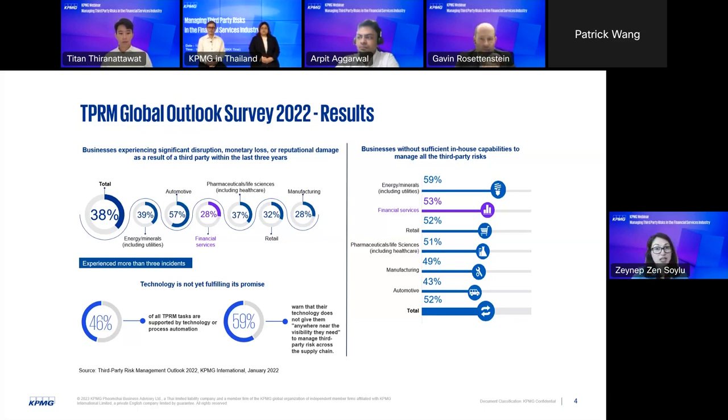While we're seeing the challenges and the increasing number of the requirements that is coming from multiple angles, many organizations are still lacking the in-house capabilities and supporting technology as well. To manage the TPRM effectively, there is a need for having people to understand the multidisciplines quite well, and it doesn't currently exist in many of the organizations. If you look at the financial services alone, 53% of the respondents believe that they don't have the sufficient resources or the capabilities in-house to respond to the increasing needs to respond to those risks in the third-party space.